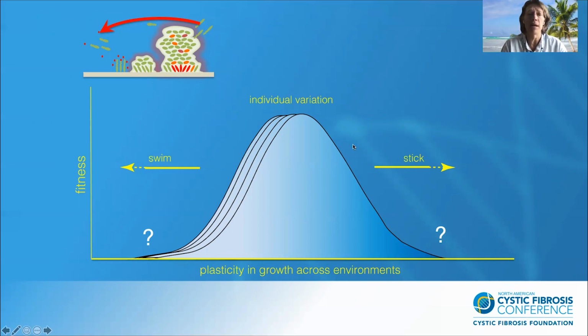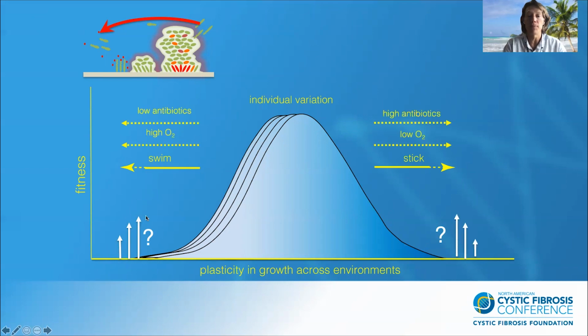So if we consider the biofilm life cycle, which involves attachment, forming aggregates, forming maybe more elaborate biofilms, and then ultimately dispersal and reattachment, some strains are better at sticking, whereas others are better perhaps in a more motile or swimming environment. And that's represented in this figure with the y-axis fitness. Now, when microbes are exposed to extremes of these environments, genetic variation within those species is selected, including new mutations, and those mutations might increase or broaden the niche breadth, maybe making some strains better at sticking and some strains better at swimming over here.